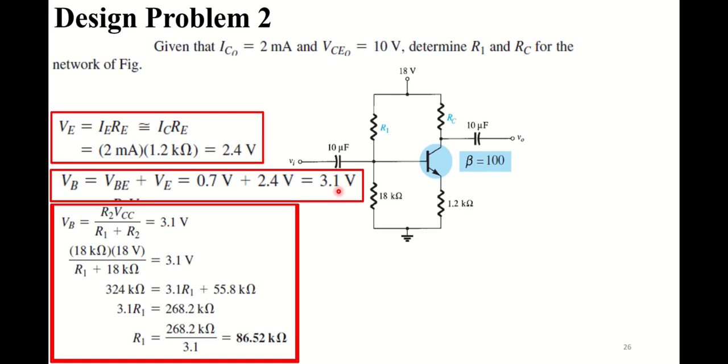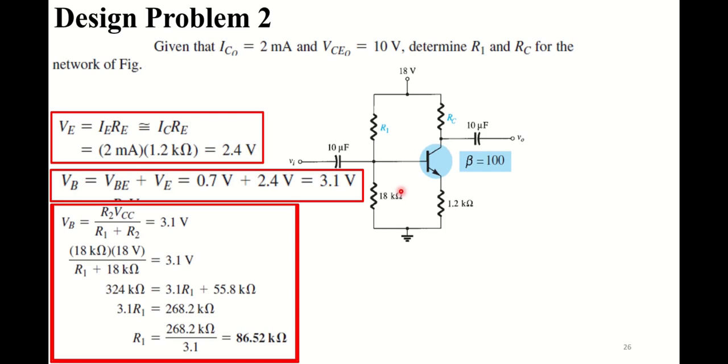As you would remember, we discussed two different techniques to solve a voltage divider configuration, including direct method and approximate analysis. In order to apply approximate analysis, the condition of beta RE greater than or equal to 10 R2 must be satisfied. As you can see, in this case the value of beta RE is equal to 1200 kilo ohms and the value of 10 R2 is equal to 180 kilo ohms. So the required condition is satisfied and we can apply approximate analysis.